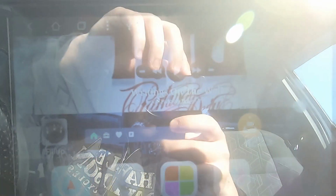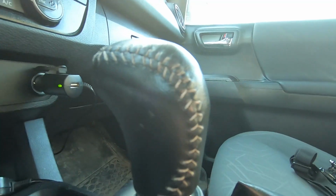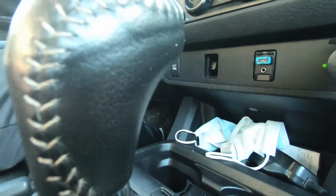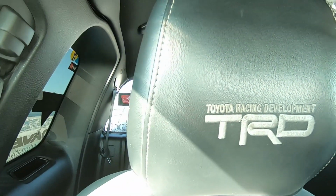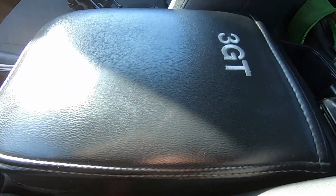So this was done by a guy that's on Instagram and Facebook. He's been a member of the 3GT Tacoma group for a while. When I was in Colorado and Moab, on my way home, I stopped in Idaho to see this guy, and he did some upholstery work for me on my shift knob, my center console, and my headrests on my seats. I got it done with some silver stitching to color match the truck. So I got 3GT put on my center console, and then I got the Toyota Racing Development / TRD